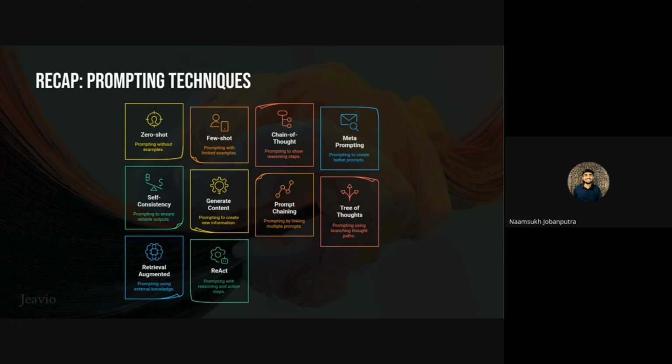Whereas in chain of thought prompting, we added reasoning steps in our prompting techniques so that the LLM could reason on each step and then provide the answer, so that we can also debug it easily. As in chain of thought prompting, the LLM would also provide its reasoning steps, and then we can identify on which step the LLM hallucinated